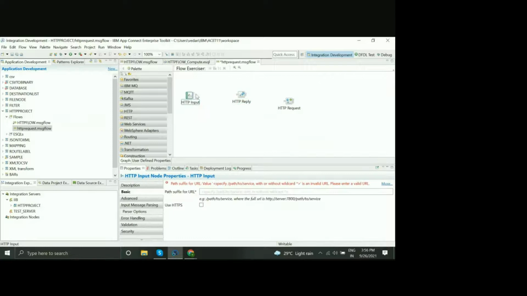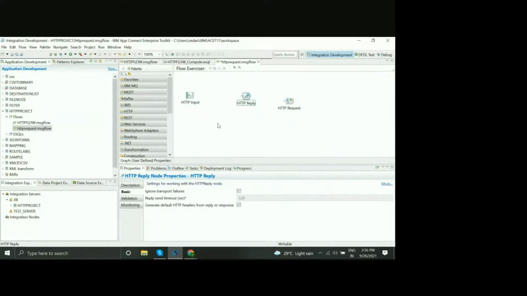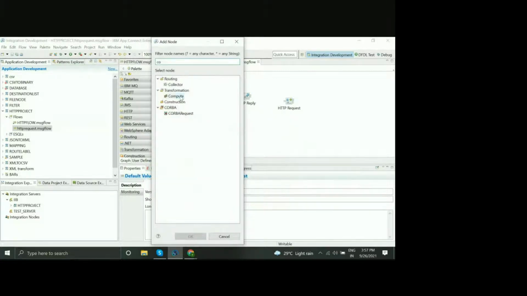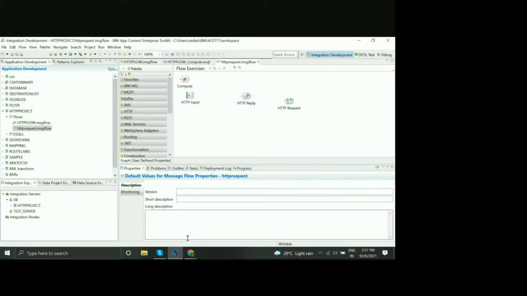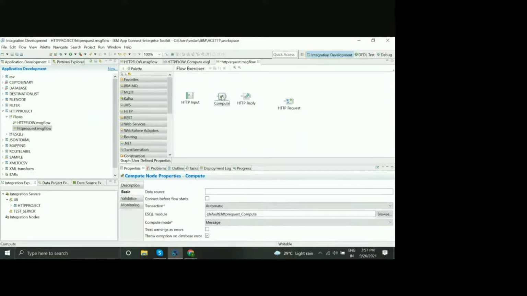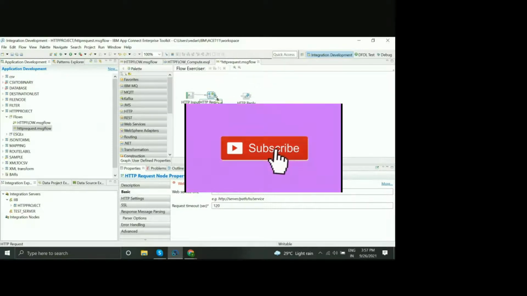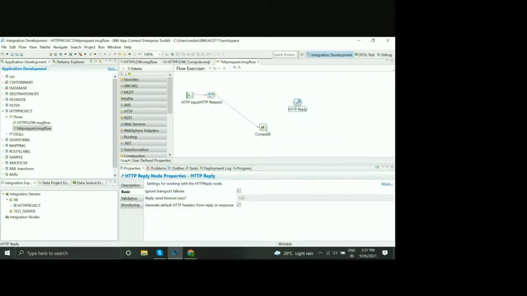Add a compute node. Connect the HTTP input's output terminal to HTTP request. Now the output of HTTP request to the input of compute, and the output of compute to the input of HTTP reply.